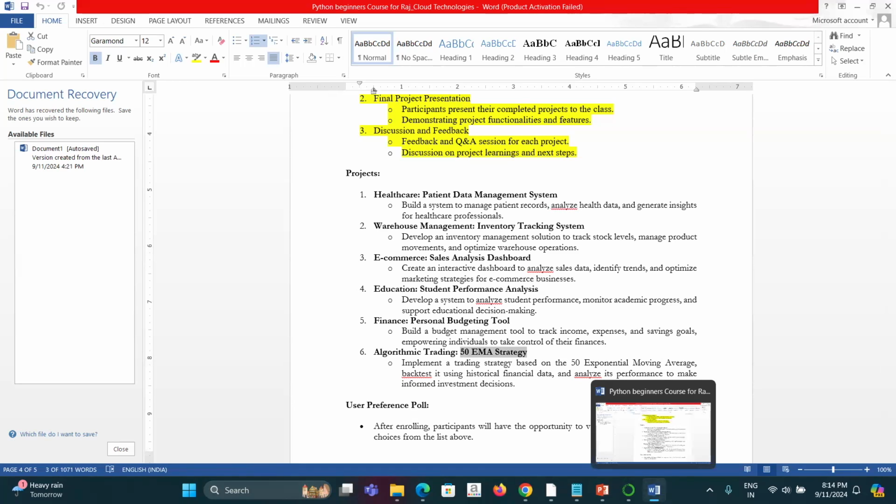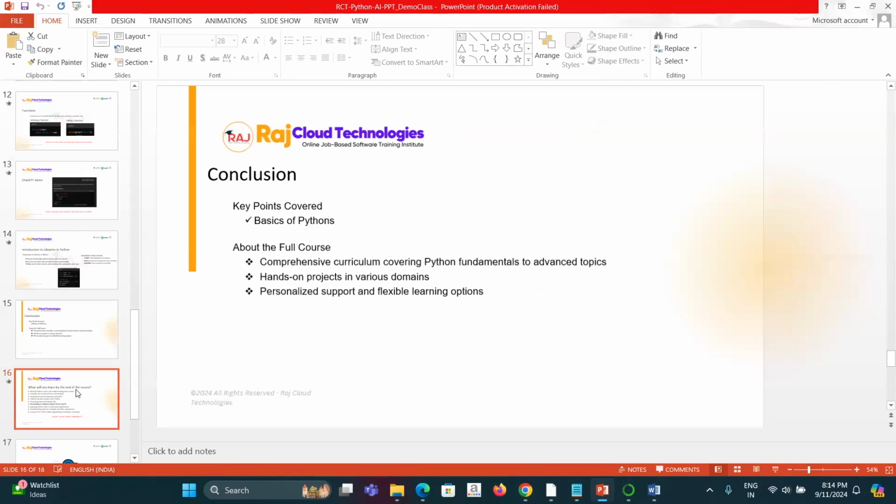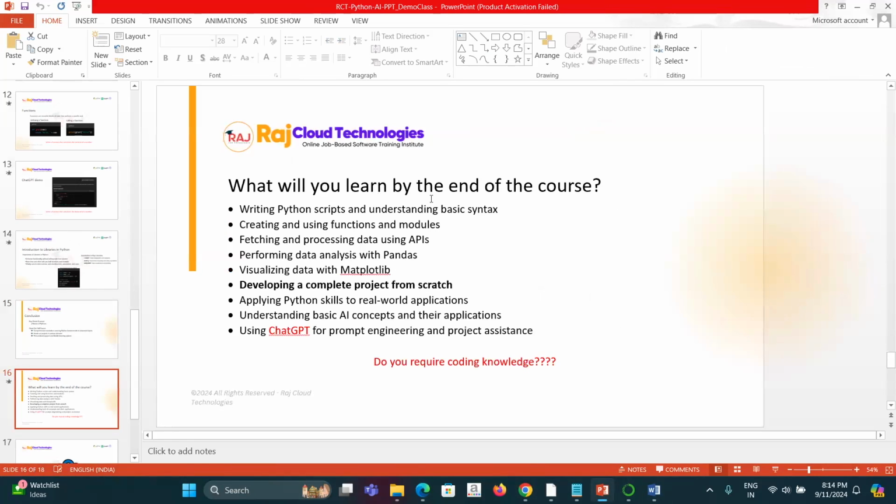And of course, those projects you can build upon and show as your own independent projects that you have developed. Okay, because I will be providing only the basic framework, and I will give you a lot of options where you can explore your own things and make your own project. That is how it is. Okay, what you will be learning by the end of this course: writing Python scripts, understanding the basic syntax.